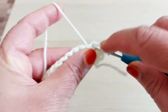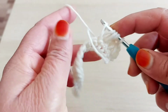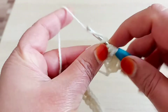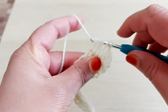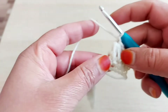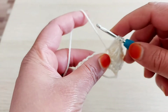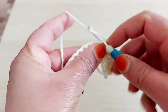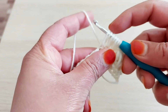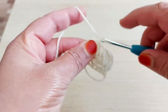So here 1, yarn over in the next stitch, yarn over in the next stitch, then pull through all together, make chain, yarn over, first stitch same, then next, then next, same height, pull through, then make chain,